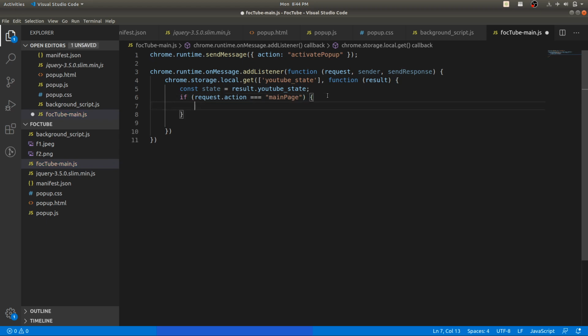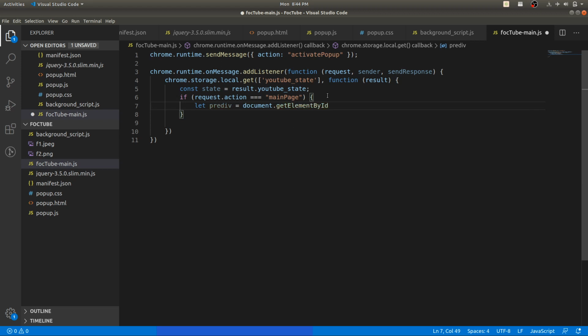So if request.action is equal to main page, we had three actions: main page, video page and others. If the request action is main page, then what will we do?